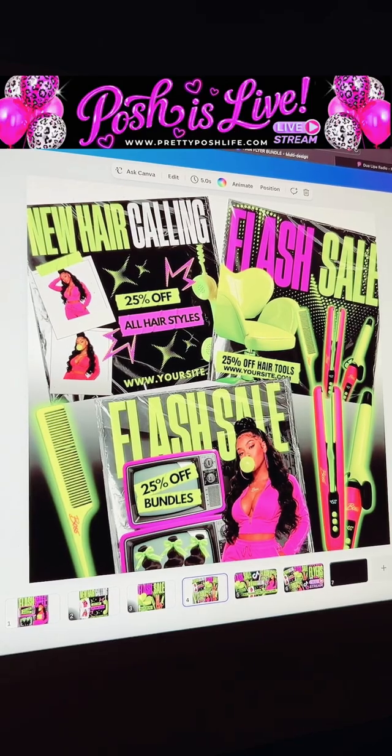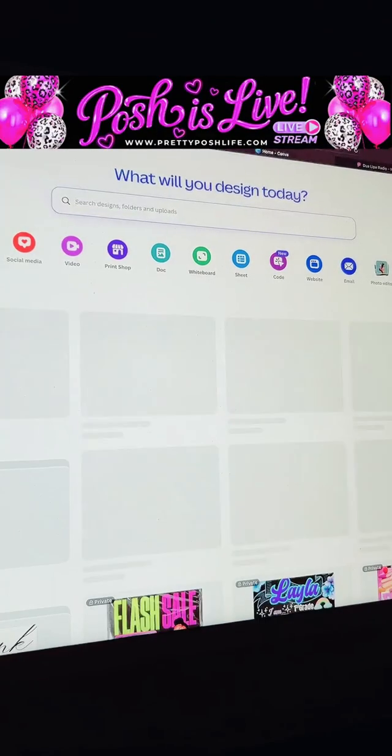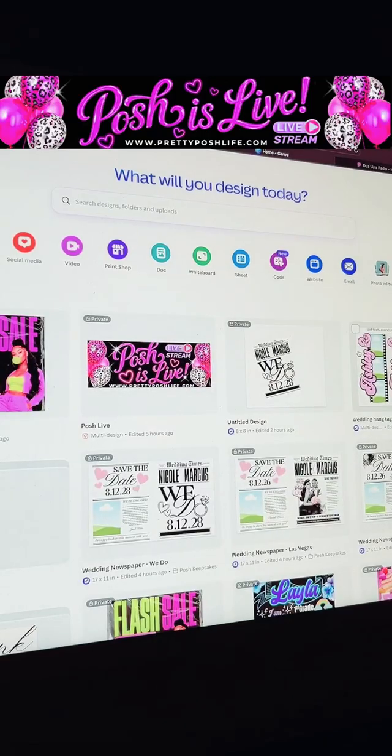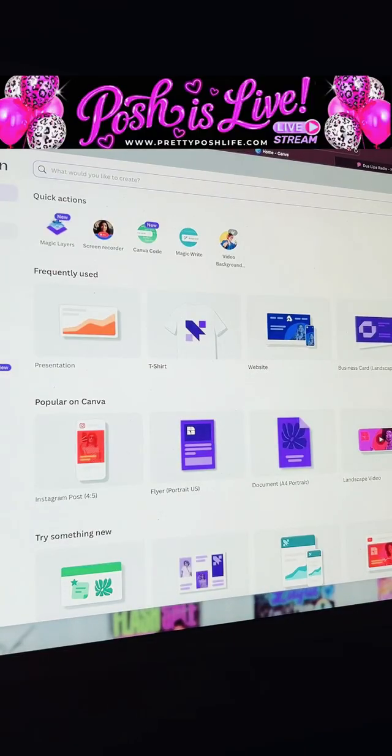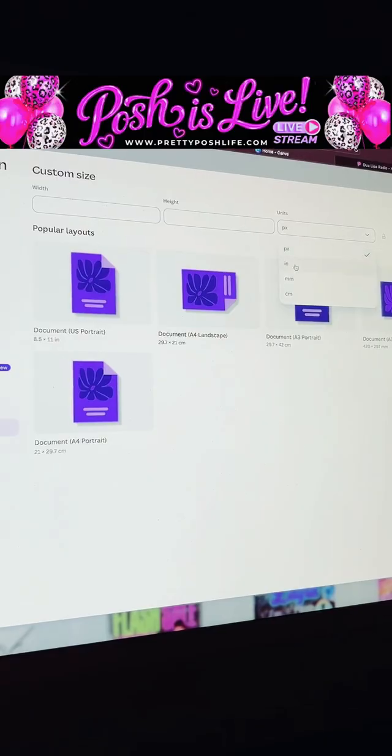So we're going to start by just creating an 8 by 8 inch square background. Okay, so let's do custom size, and it's going to be 8 by 8. Okay, and then I'm going to make,